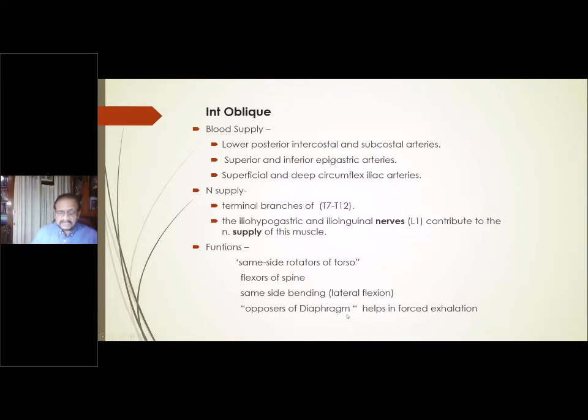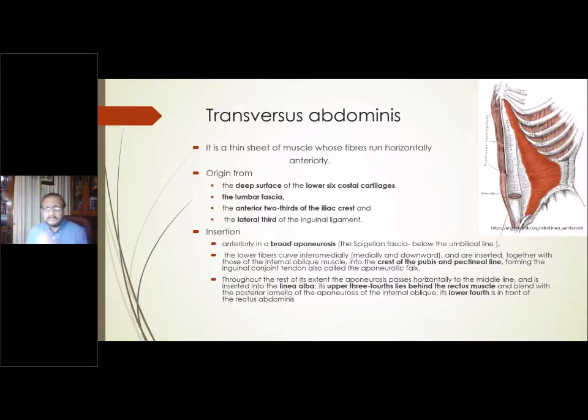That basically means it has the absolutely opposite action to the diaphragm, and that's why it helps in post-exhalation. The other actions are similar: flexion of the spine and same-side bending, as was there for the external oblique muscle. Coming to the third muscle, that's the transverse abdominis, a thin sheet of muscle whose fibers